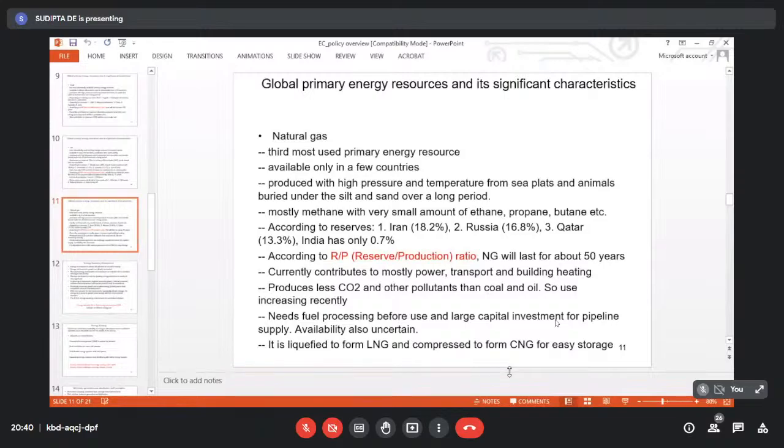But the third most used primary energy resource is natural gas, due to two reasons actually. Initial technology was not that conversant with natural gas, and in fact natural gas got more application thrust with the identification of pollution from coal and simultaneously the oil scarcity. This is because natural gas has a higher hydrogen percentage than carbon percentage compared to coal. Now think of the situation.